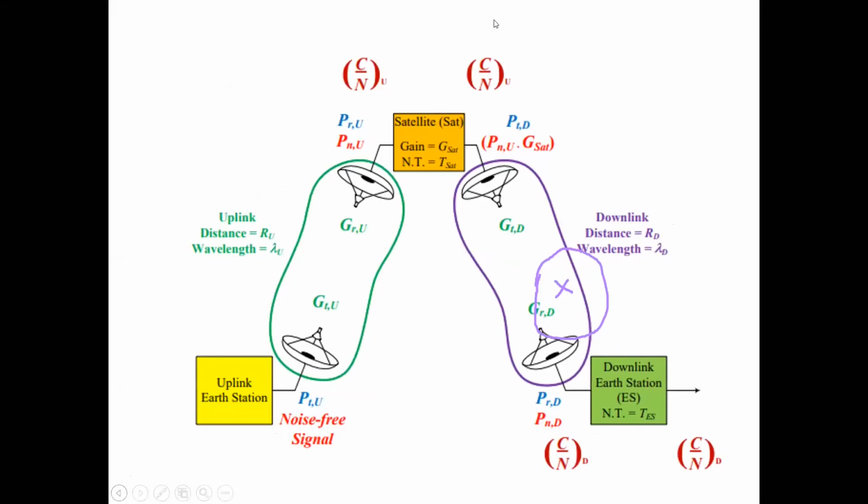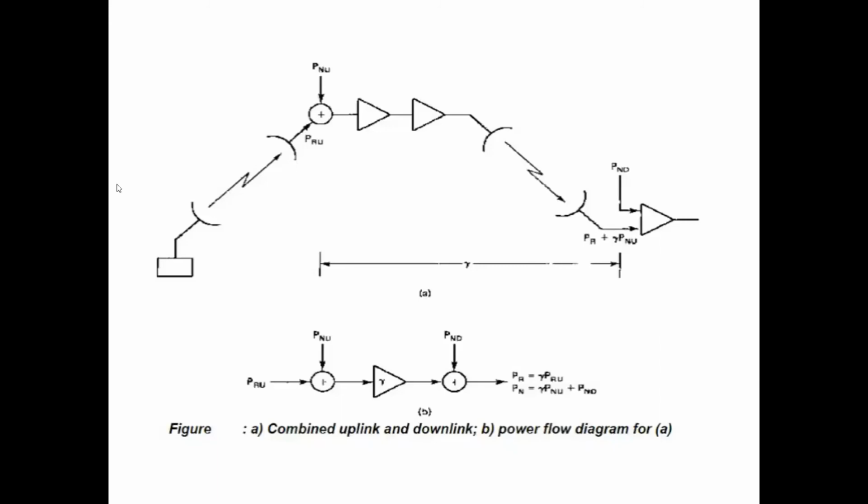So for that, what we are doing is we will be representing this whole complicated system with a block diagram, where this block diagram represents the Earth transmitting station, the received power at the satellite, the noise getting added up at the satellite, and at the Earth we are receiving the signal from the satellite. And so I was talking about this whole system being represented by a block diagram.